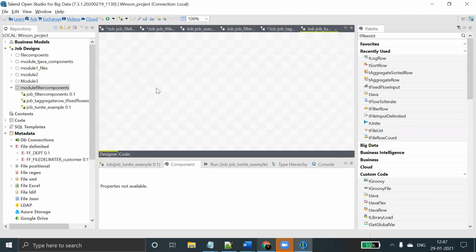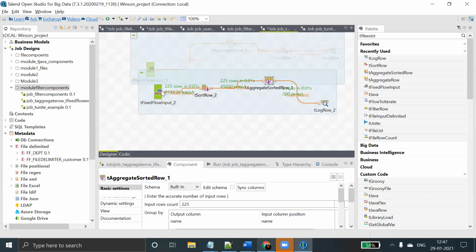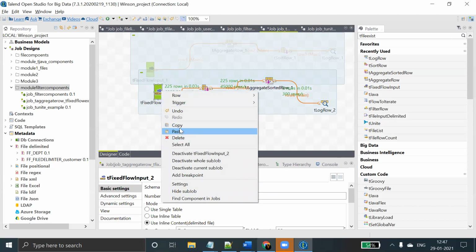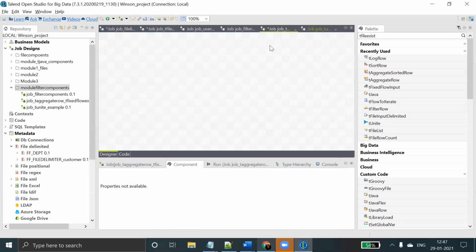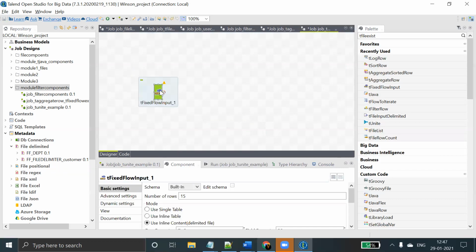Here I'm taking the same input again. You can have any number of groups. Suppose I'm using some different data here.